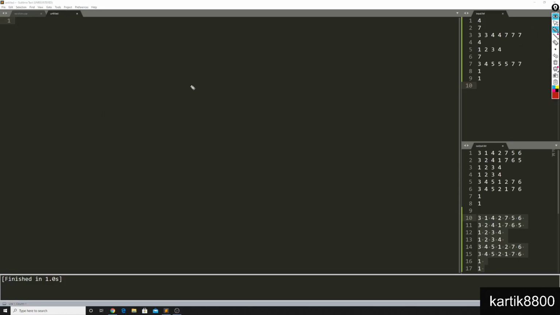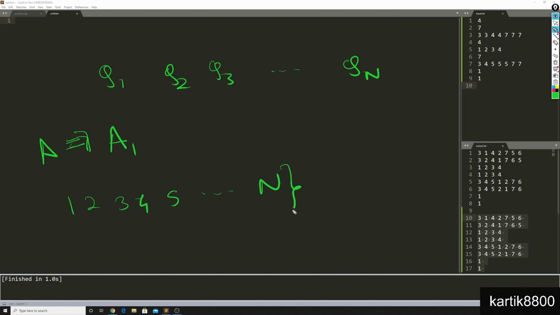Let's move to the solution, although we are already done, but still, I'll also show you the code. Okay, so see guys, the thing is that your prefix max array looks something like this: Q1, Q2, Q3, so on till Qn. First element of array A is obviously going to be A1, no doubt about that. Also, this array A consists of only the numbers 1, 2, 3, 4, 5, 6, and so on till n. Only these numbers can appear in array A. So once A1 is used, A1 can never reappear again.